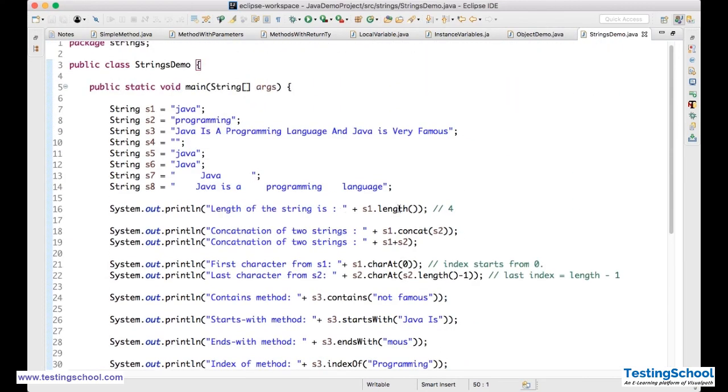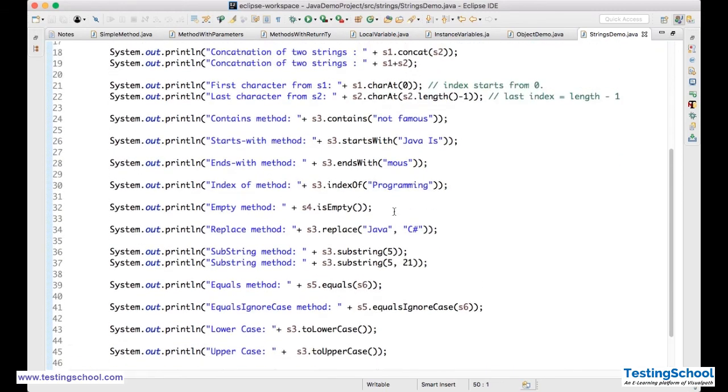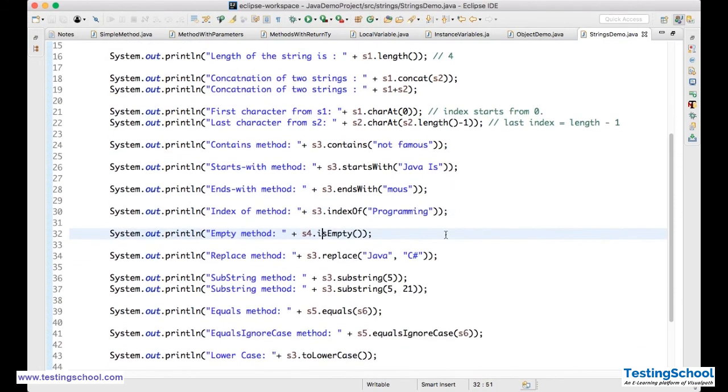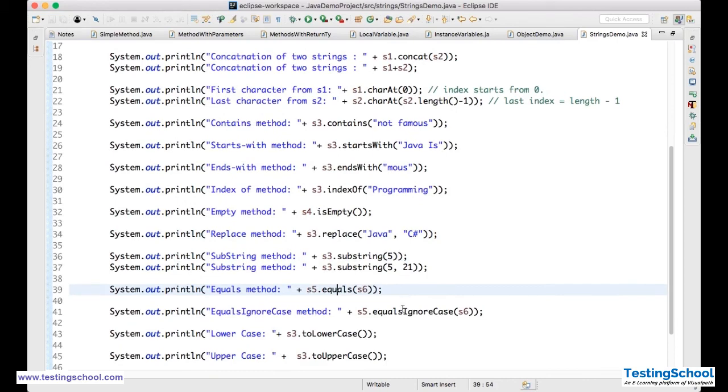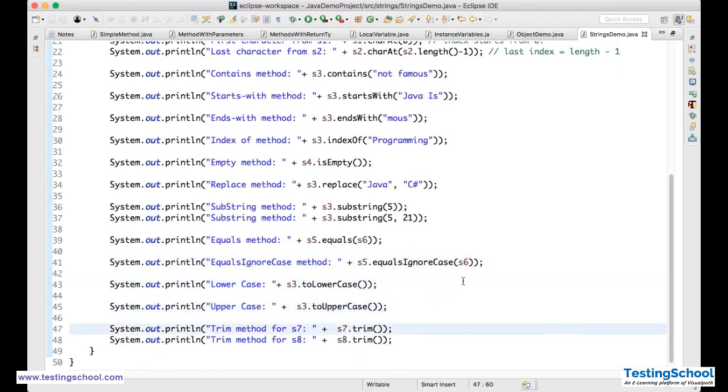Inside the class you have so many methods. We have seen all these methods. What are those? Length, concatenation, concat, charAt, contains, startsWith, endsWith, indexOf, isEmpty, replace, substring, equals, equalsIgnoreCase, toLowerCase, toUpperCase, trim.